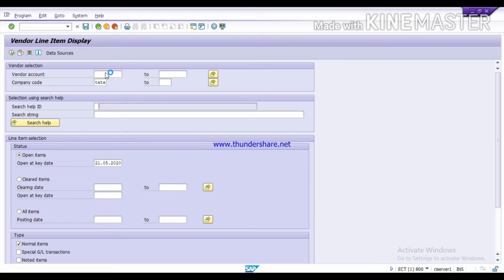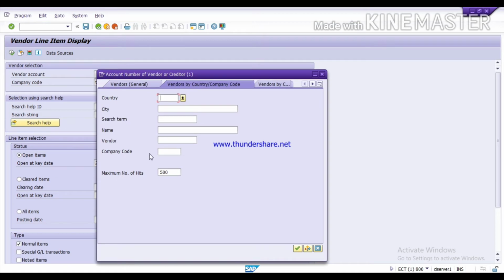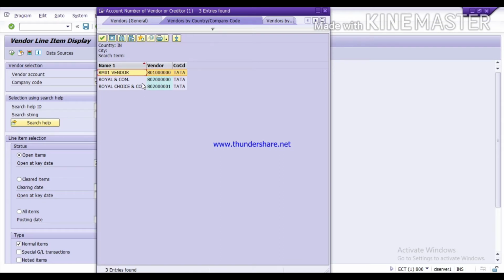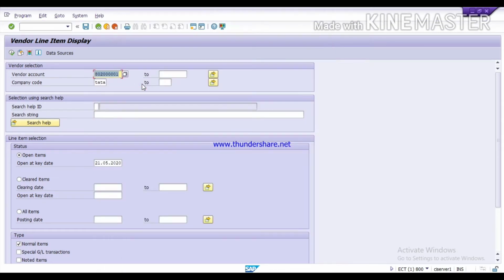Press the F4 key, give the company code. Here select this vendor. In a previous video we posted the invoice for this vendor, so we will check the amount. Select the open item and execute.